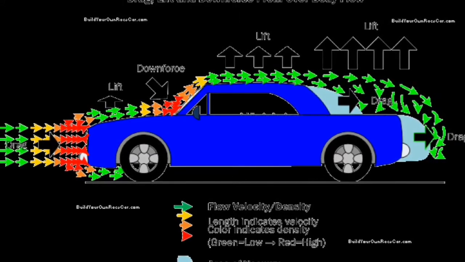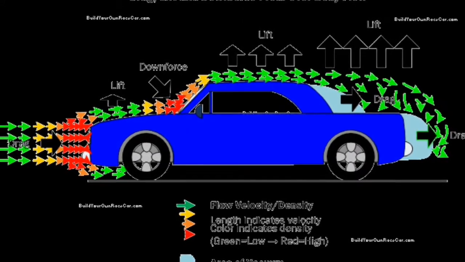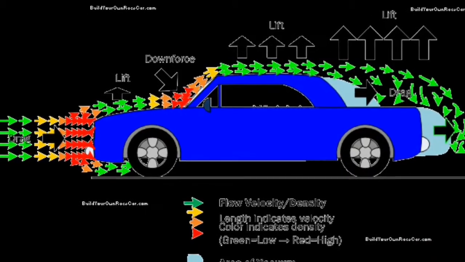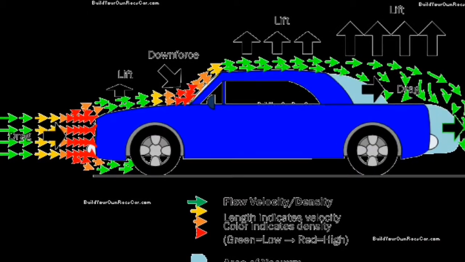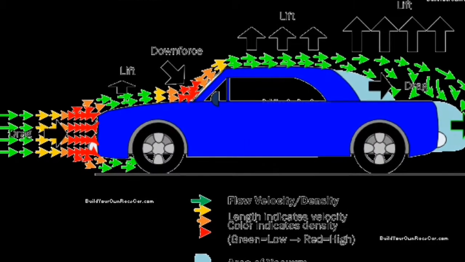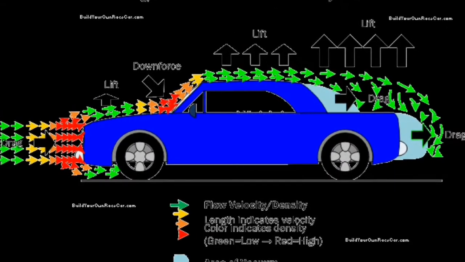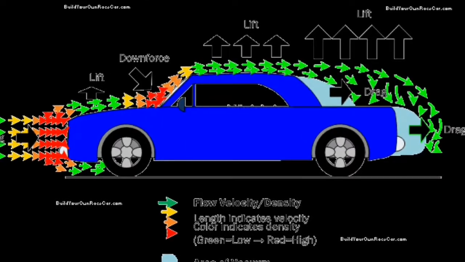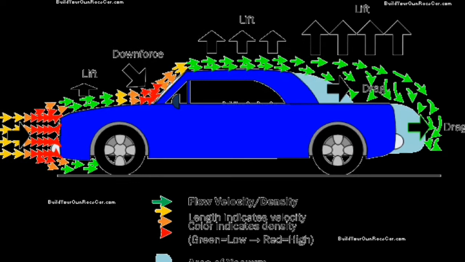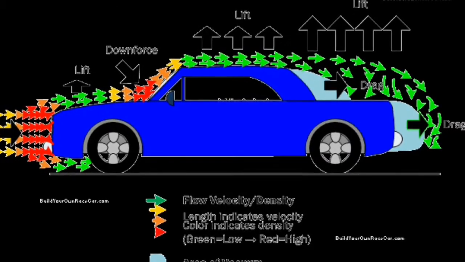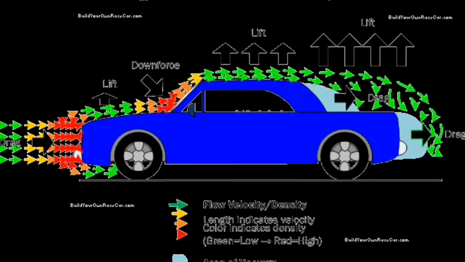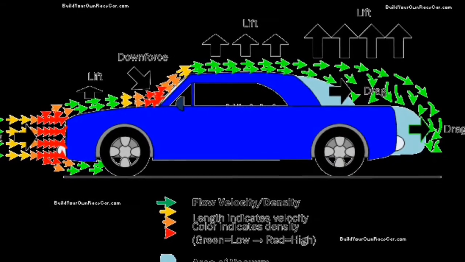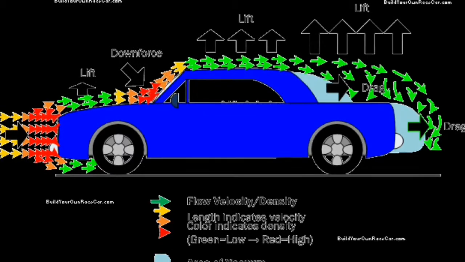This is a normal car design, so here you can see the high pressure and higher density regions are in the air dam, which is in front of the vehicle, as well as on the windshield side. We will start from the front side. The length of this arrow shows the velocity as well, and the color shows the density variations. As I already said, red is the higher density or high pressure region, and green is the low pressure or low density region.